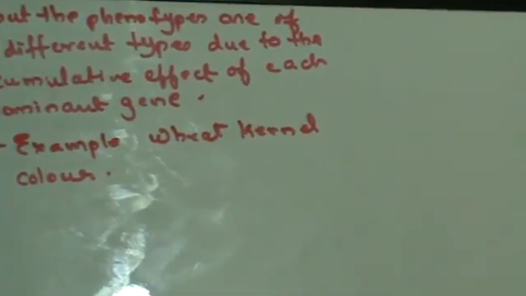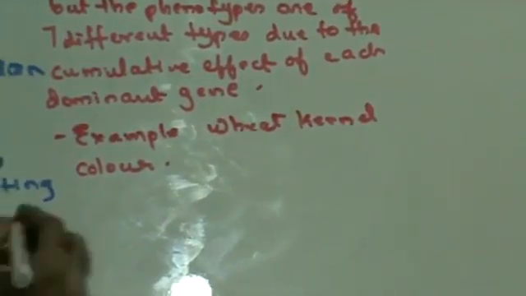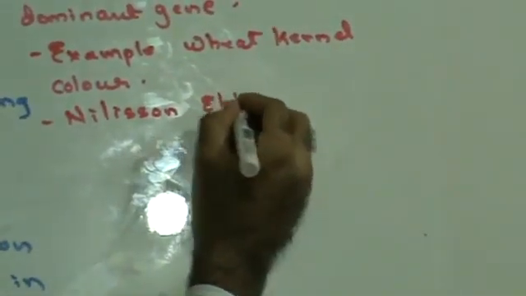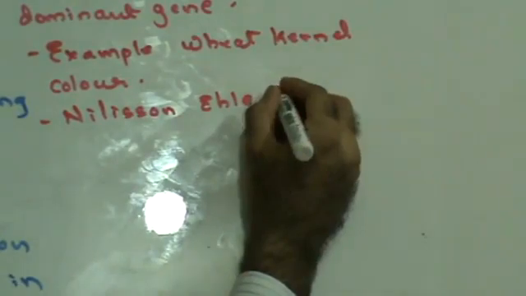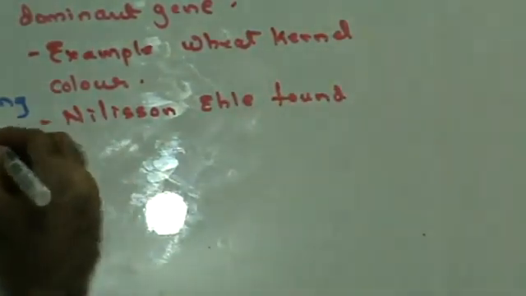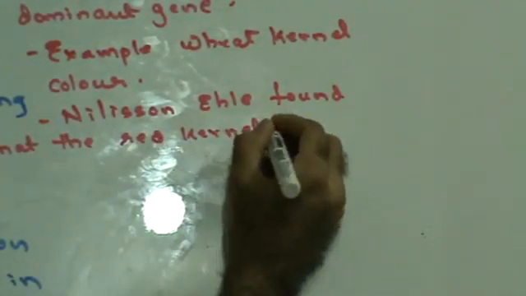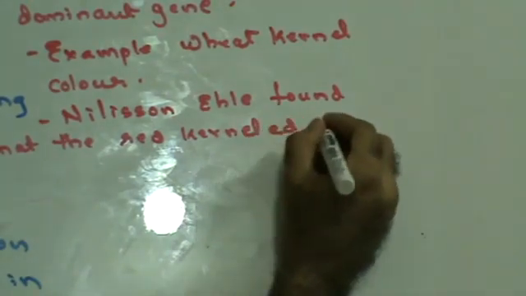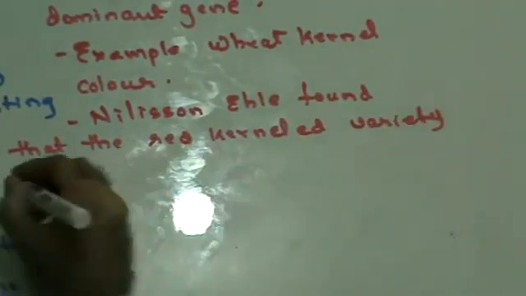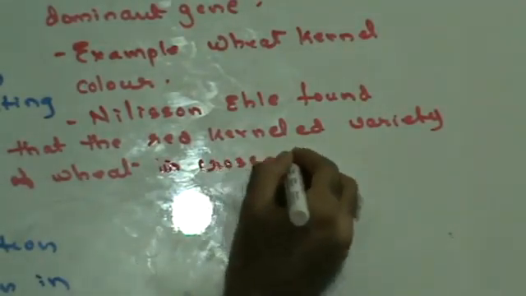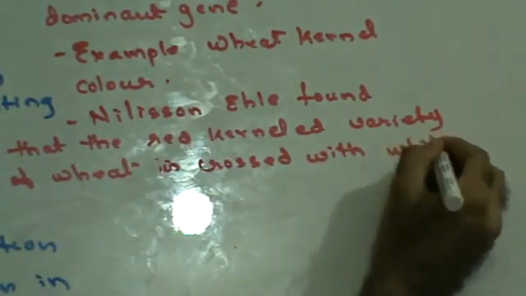Now this was discovered by Nelson, and he found that when the red kernel variety of wheat is crossed with a white variety,